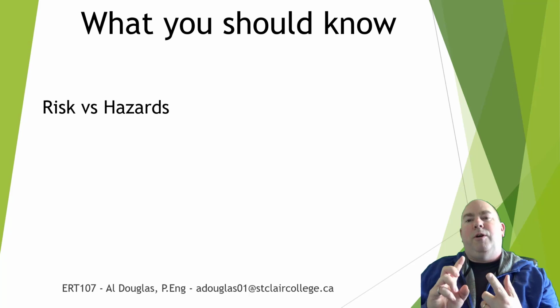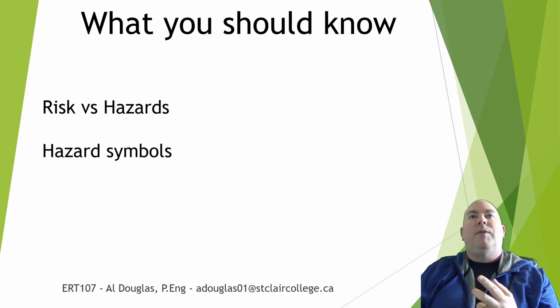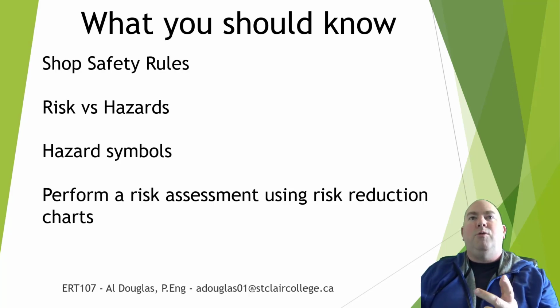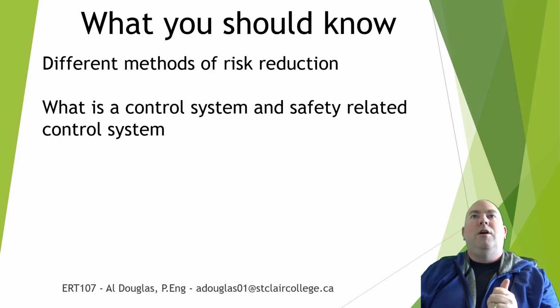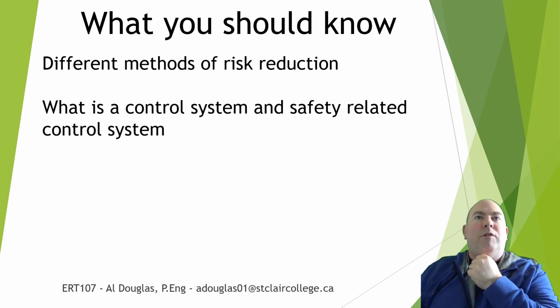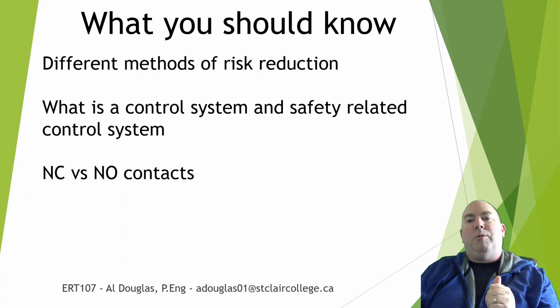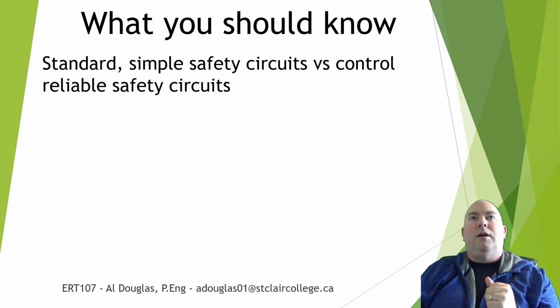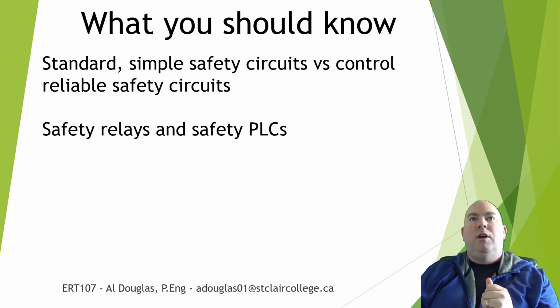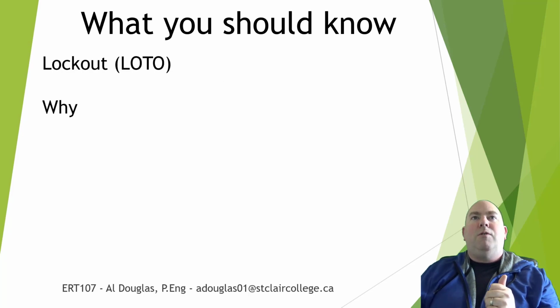So, risks and hazards, the hazard symbols, shop safety rules, how to perform a risk assessment using risk reduction charts, different methods of risk reduction, what is a control system, a safety-related control system, difference between normally closed and normally open contacts, how a relay works, single versus dual channel, standard and simple safety circuits versus control reliable safety circuits, safety relays and safety PLCs, safety devices, lockout,